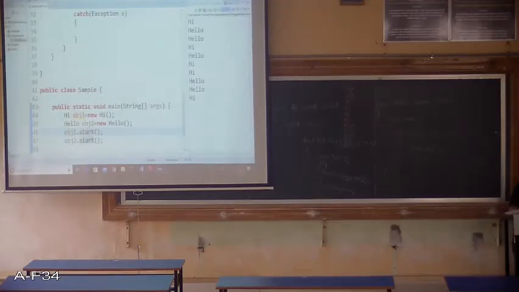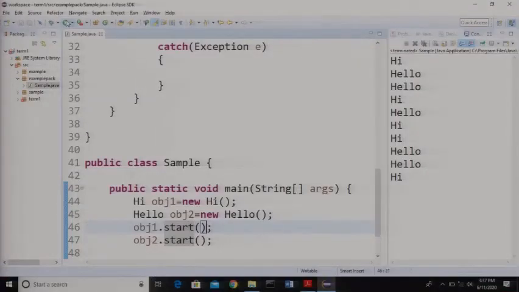So when we wrote it as object1.start, see the first thread has started, so we got it as hi. And after this, see, there is certain amount of delay over here between the start method call of object1, that is the first thread, and the second thread.